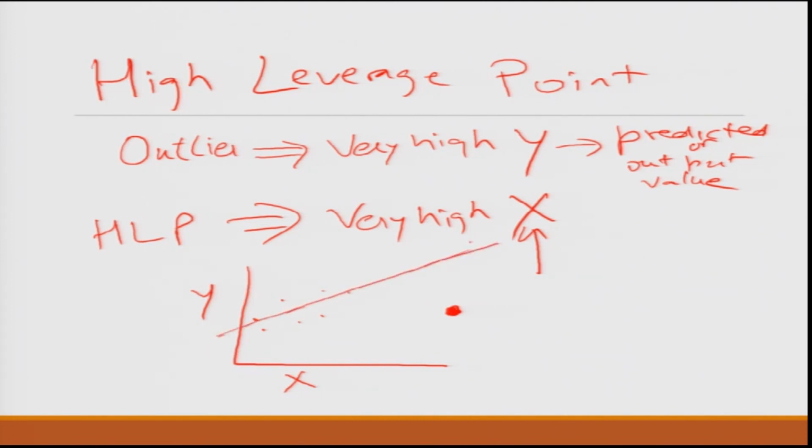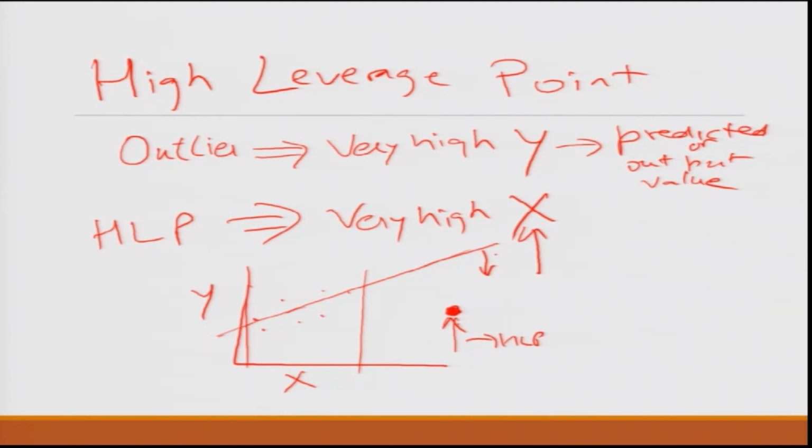Say, for example, this was the regression line, but this value is sitting out here. Most of the x values are within this range, and this is kind of an outlier. The outlier is typically on the y, but this is an outlier on x, which is called a high leverage point. There is a mathematical reason why it is called a leverage point, but you can intuitively understand that just because of this particular high leverage point, this can potentially skew this regression line.